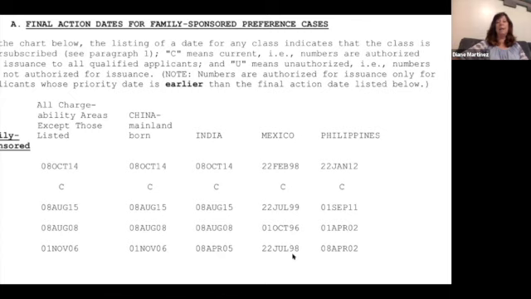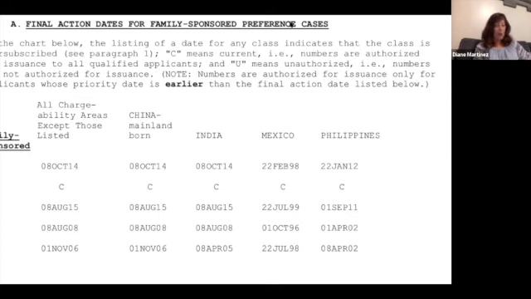The United States only approves 226,000 visa applications a year, but two to three times that many applications are received. So every year it just backlogs, and we haven't seen these numbers move in a while. When I first started in 2012, there was a 10 to 12 year wait, but you can see that they just keep getting farther and farther back in their approval times.